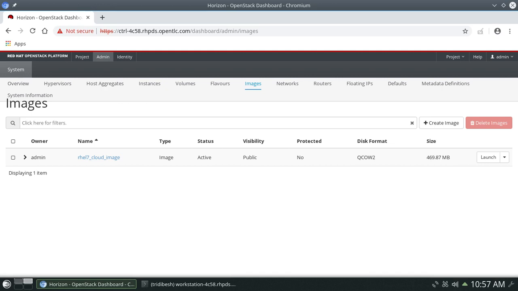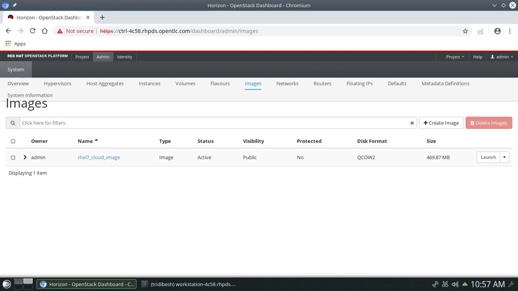That means anyone can use this image. If you want to protect it, you can set it as protected, and this format is QCOW2. Now if you want to launch an instance, you click launch here, and it will launch an instance. Like that you can create and upload an image to your OpenStack platform.